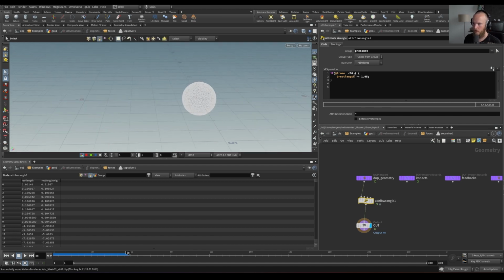All right, maybe instead, let's not do the frame. Let's say, all right, if the rest length is below, and we're going to open bracket, close bracket. If you remember from order of operations in mathematics, if you put something between brackets, it's going to execute first, right? So you want to say, all right,